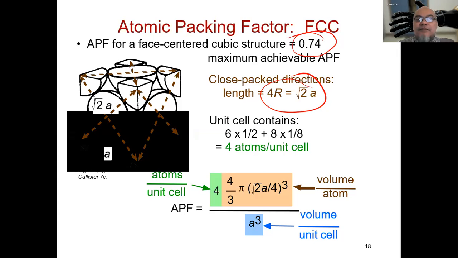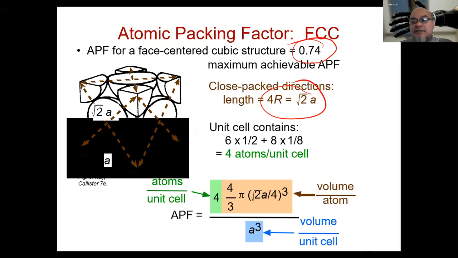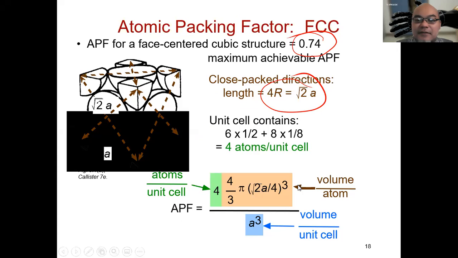Okay, so we have learned now the atoms per single unit cell. Okay, the time is up for this session. So let's have